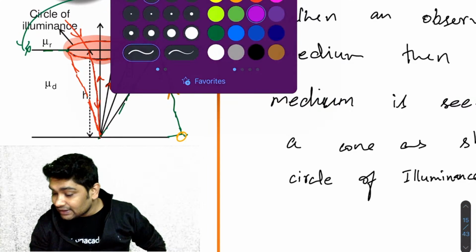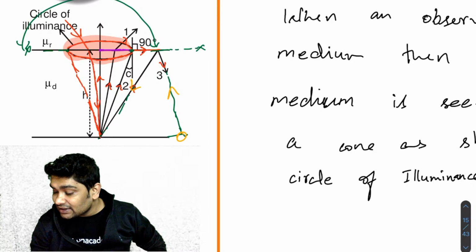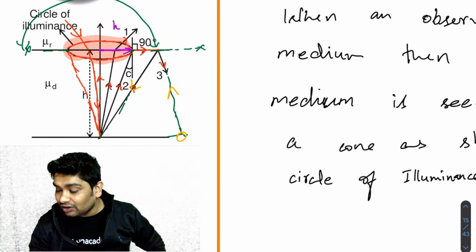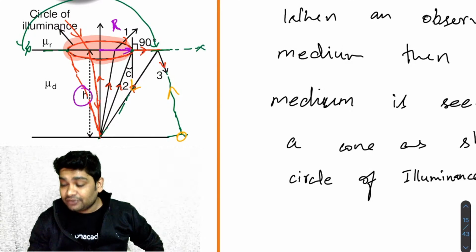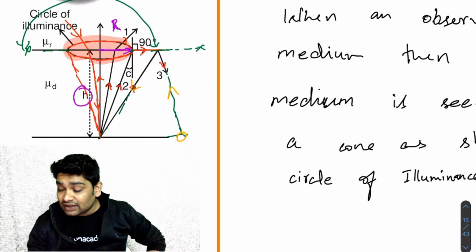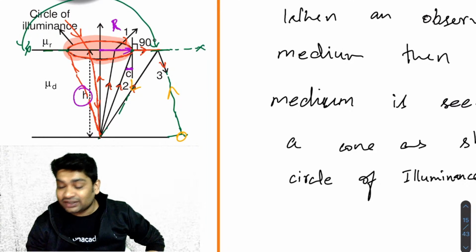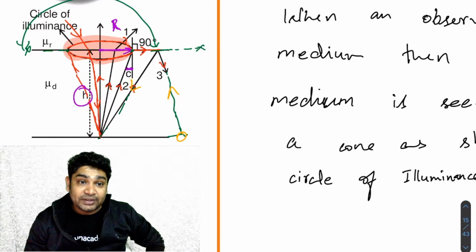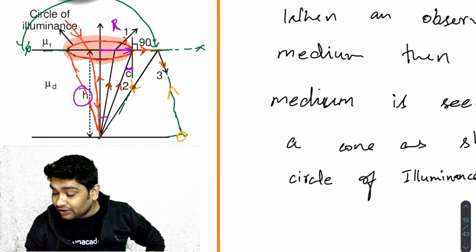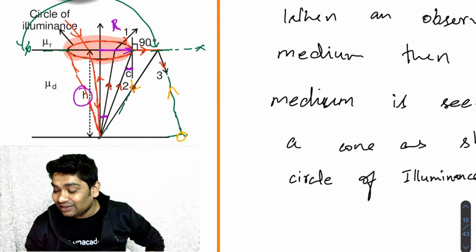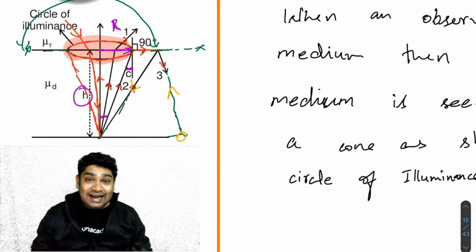So let's see, this is the radius of the circle of illuminance, right? And you are at a depth h. Then what you know is that here at the edge of the circle, the angle of incidence would be the critical angle, correct? So which makes this angle of the cone also the critical angle. Half angle of the cone is the critical angle. So what you realize is that tan IC